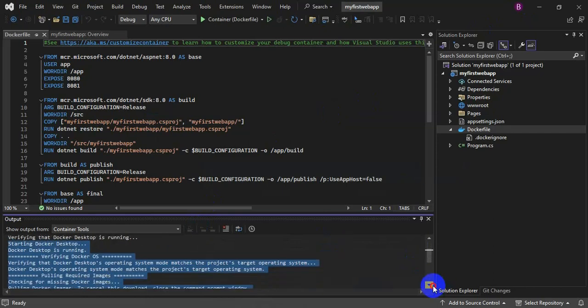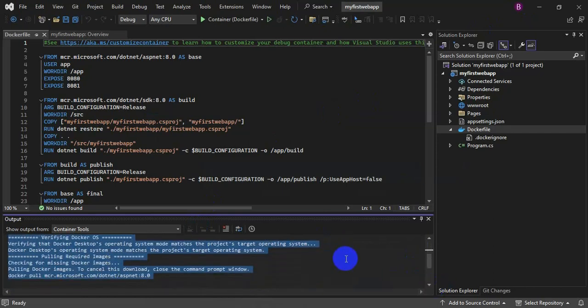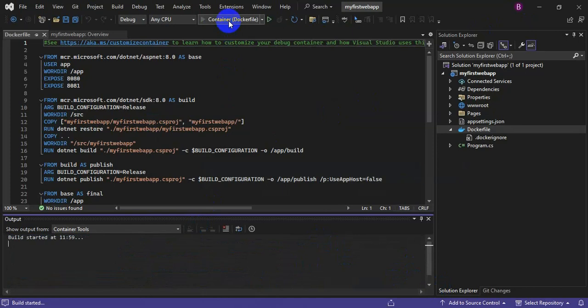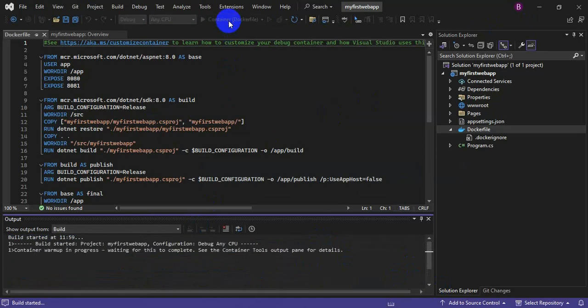Now Docker Desktop is already running and it is proceeding to the next step. Now it is pulling the image, and after that it will build the image, then it will execute it